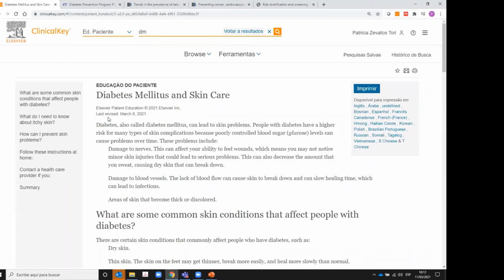All this information from the beginning is in English, but later we can decide which language we can see this information in to give to the patient. The patient education information is in a very easy language, so they can understand from the very beginning what this information is related to. For example, in this case it is about diabetes mellitus and skincare, and they are